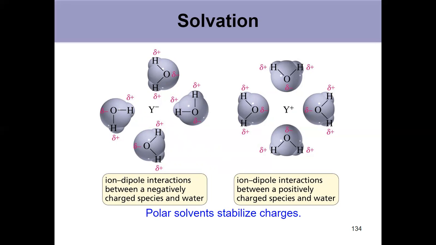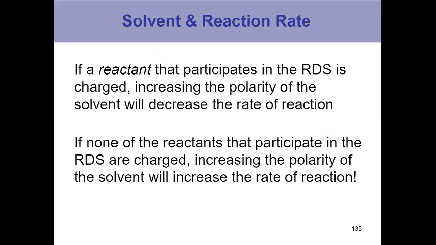So SN1 reactions, for example, or E1 reactions, aren't really prone to happening in a nonpolar solvent because nothing's present to stabilize that carbocation intermediate. But how can a solvent affect our reaction rate overall? Well, we need to think about our reactants. If we want a reaction to go forward, we want our reactants to react. But if the reactant that's participating in the slow step, the rate determining step, the RDS, is charged,